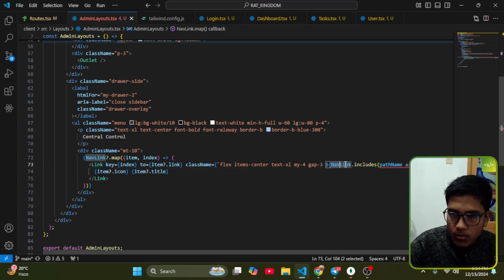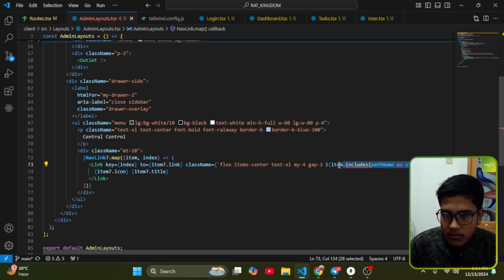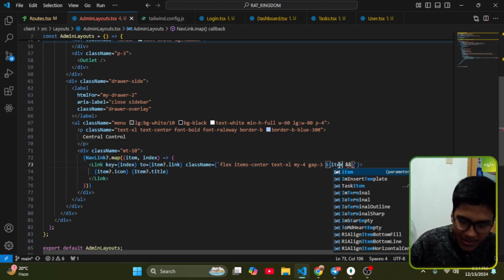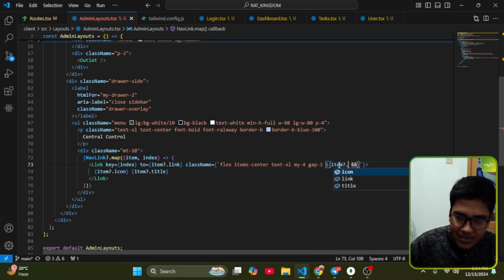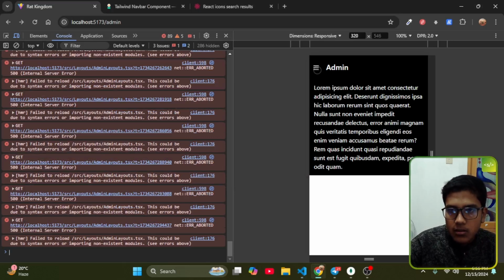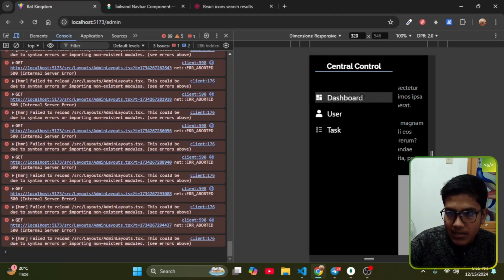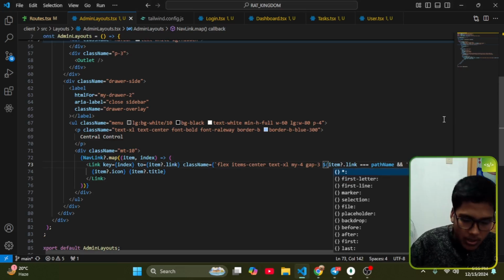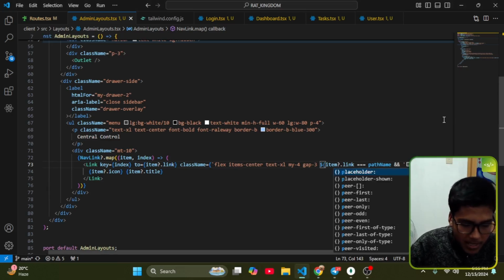What I can do, that should be item, and item. Okay, the logic is not like that. Item, then link is equal to the path name. Okay, path name, then you just take the bg, background color is white and the opacity is 20. So you can see there is something like a white background. So what I do here, I just take a default padding, that is 3,